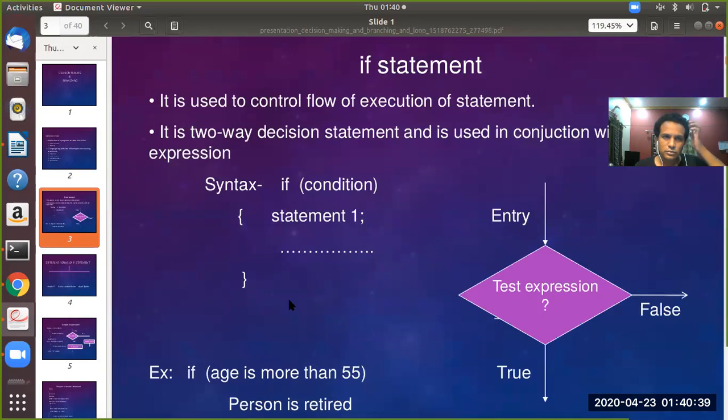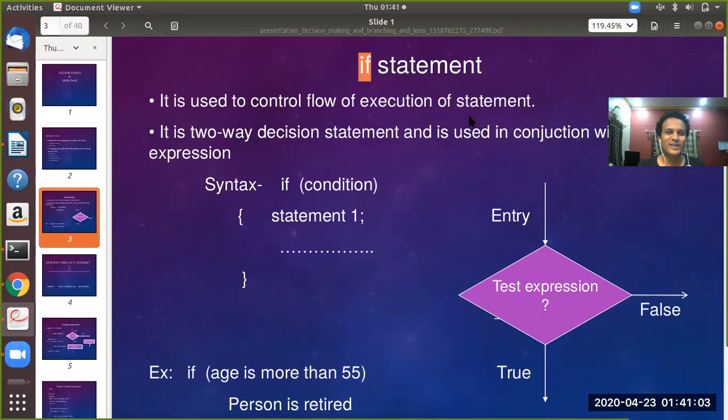Now, look at this. There is a statement. Statement means it is a word which is known to the C compiler. If means the C compiler knows what it stands for.